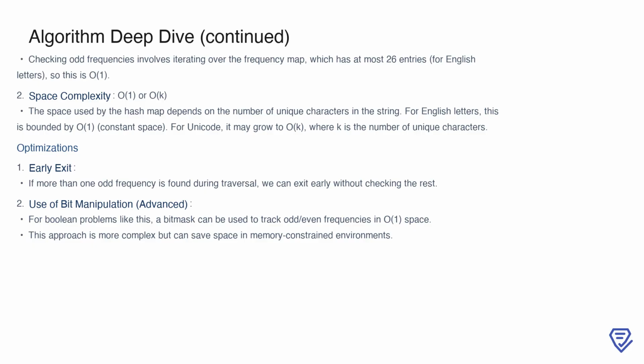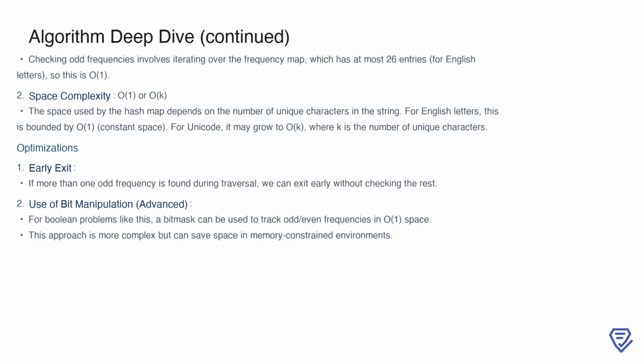In terms of complexity, the algorithm is highly efficient. Counting character frequencies takes O(n), and checking odd frequencies involves iterating over the frequency map. For English letters, the frequency map has at most 26 entries, making this step effectively O(1). The space complexity depends on the number of unique characters. For English letters, it's bounded by O(1), but for Unicode strings, it's O(k), where k is the number of unique